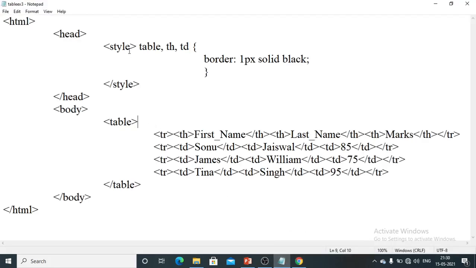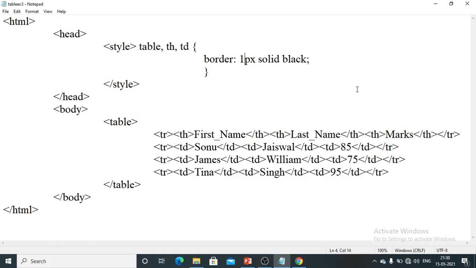Next, we can collapse these borders in CSS into only one border. So here we are getting two different gaps, two border type gaps. So this all will be collapsed. So how can I collapse it in CSS? Just check it out. I will write some extra content here to collapse the things.